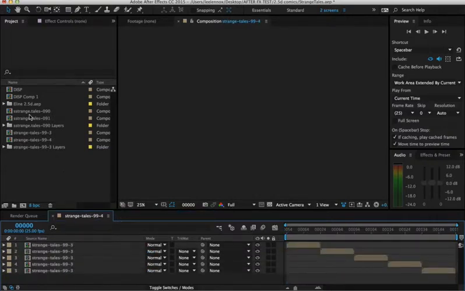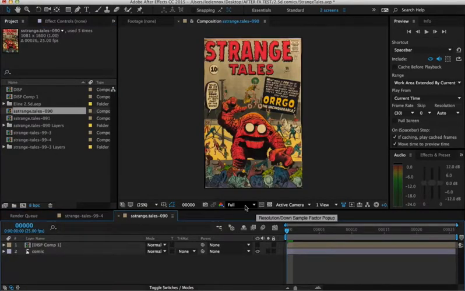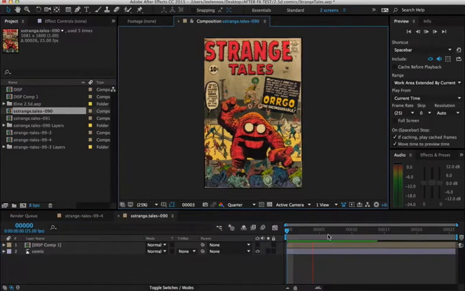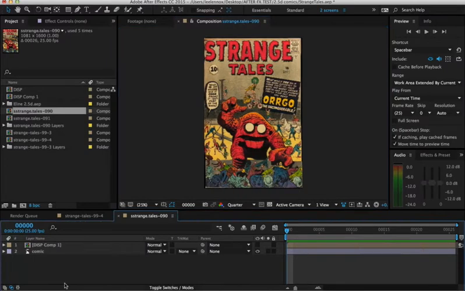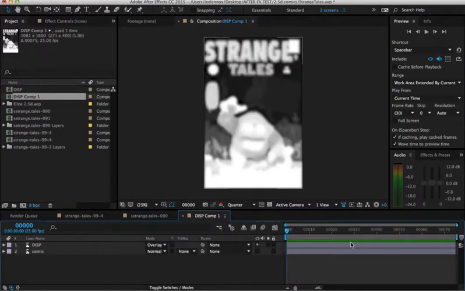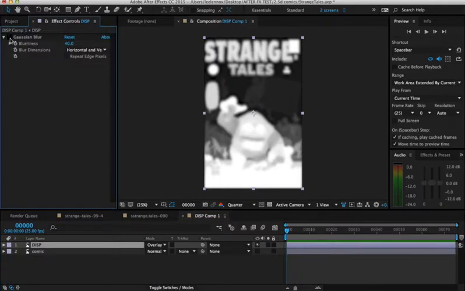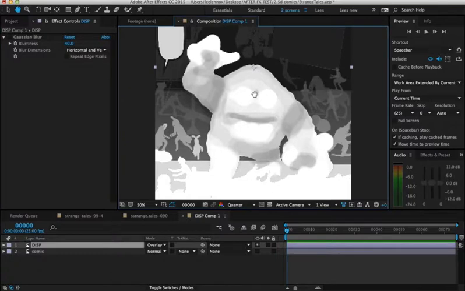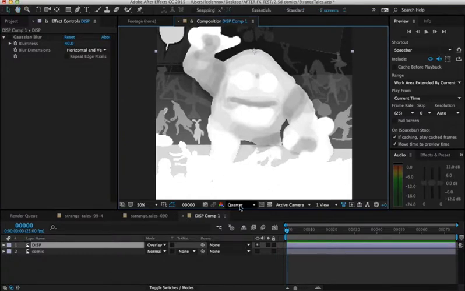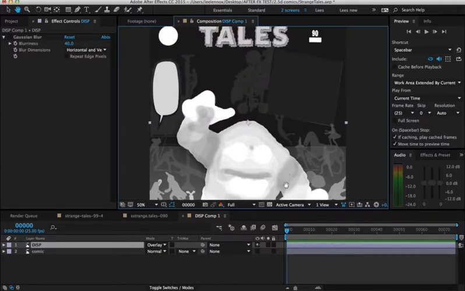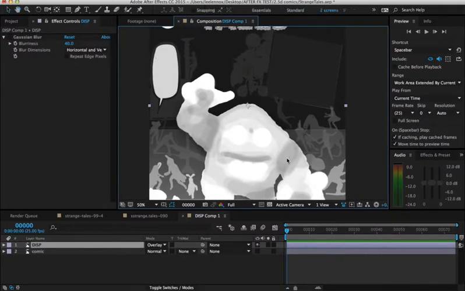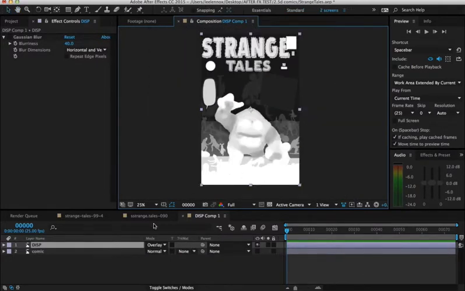Here's another one, done exactly the same way. You go into the displacement map, which is a pre-comp, and it's got a blur on it. Let me just turn the blur off. So there you go. That's what you create in Photoshop, or you can create it in any program, and then you put the blur back on, and then once it's in the other comp,